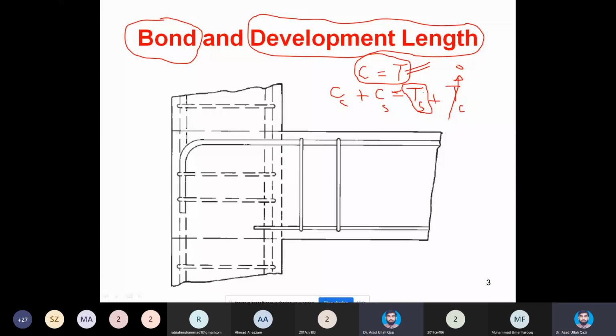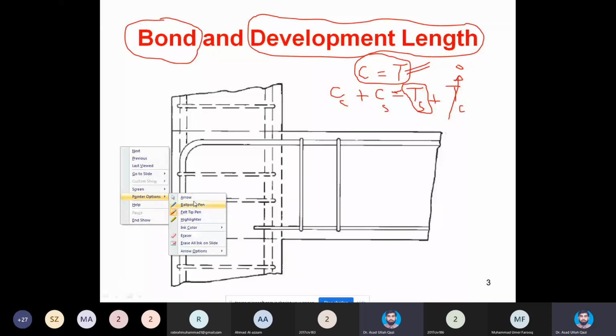I can give you a very simple explanation on this beam column joint. This picture I have copied from McGregor. It is a simple beam column joint, and it is understandable from this picture that there is a hogging steel, and that hogging steel is,